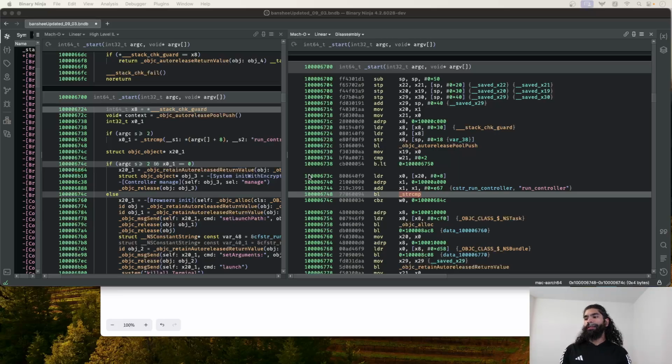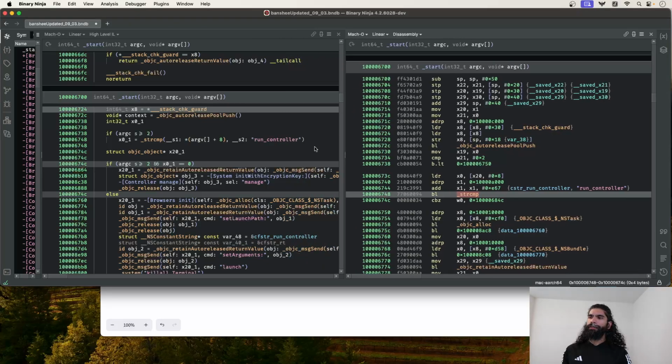But what this sample does that's interesting is it checks for launch arguments and it actually does a string comparison against one of the expected launch arguments that are passed in this binary. So we're going to focus on that because it's pretty interesting and it allows us to dig into some cool ARM64 related instructions. Okay, so here in Binja, we're at the start function, so the main function in this case,